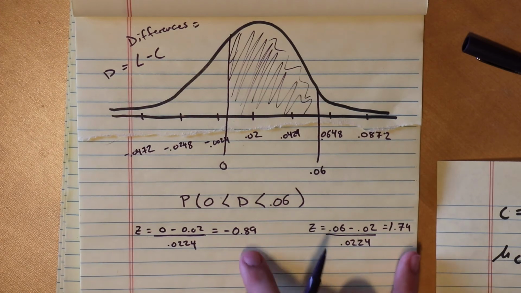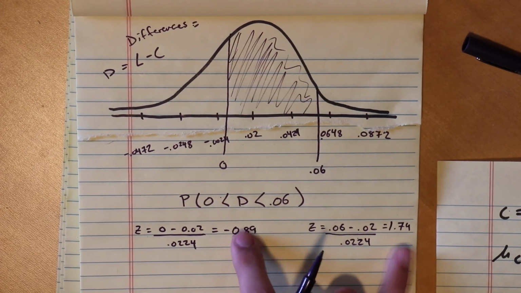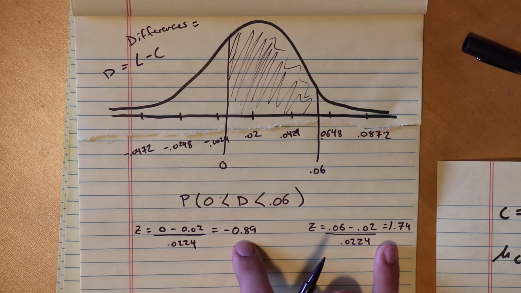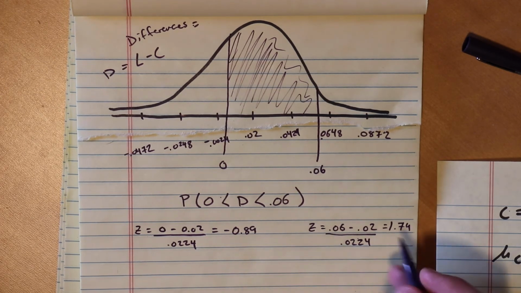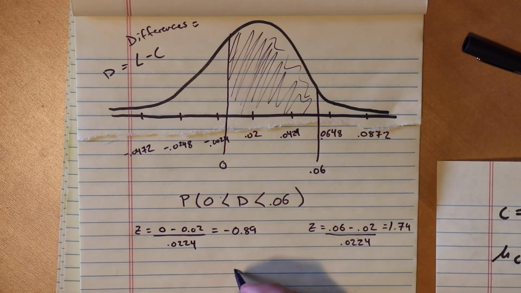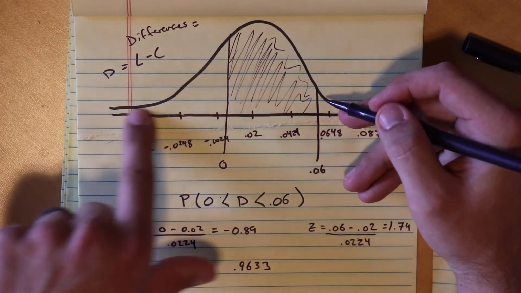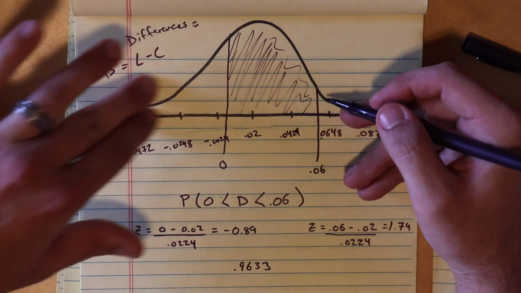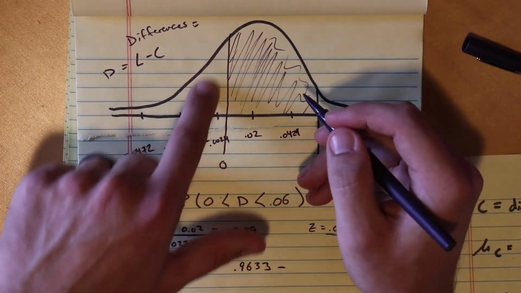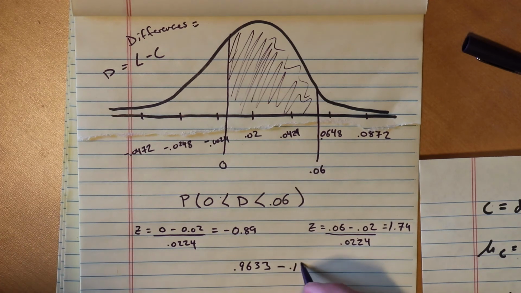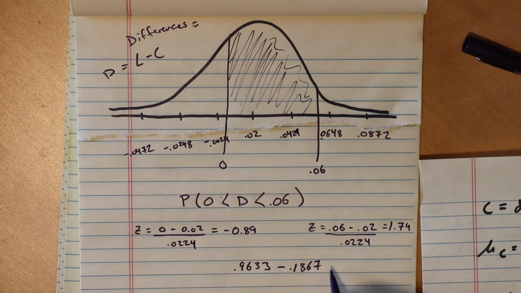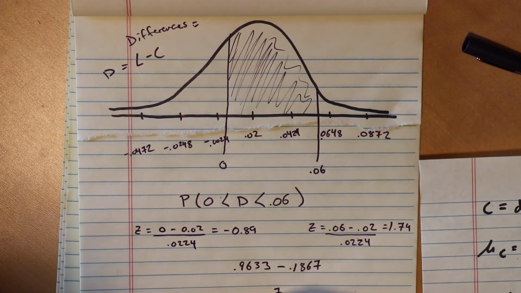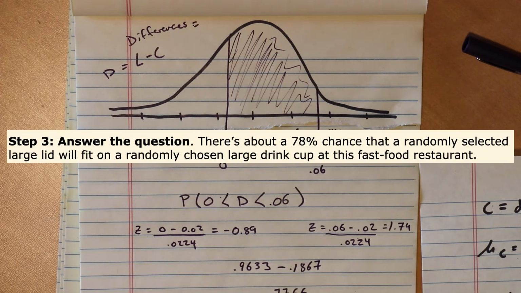If we're finding the area between these two positions, we look each of these up in the z-score table and find those percentages. We're going to subtract the smaller percentage from the larger. The z-score for 1.79 is 0.9633. So 96% of the curve, including this tail, is below this, but we have to subtract this tail here, 0.1867. So the difference between these two percentages is 0.7766. There is about a 78% chance that a randomly selected lid will fit on a randomly selected large drink